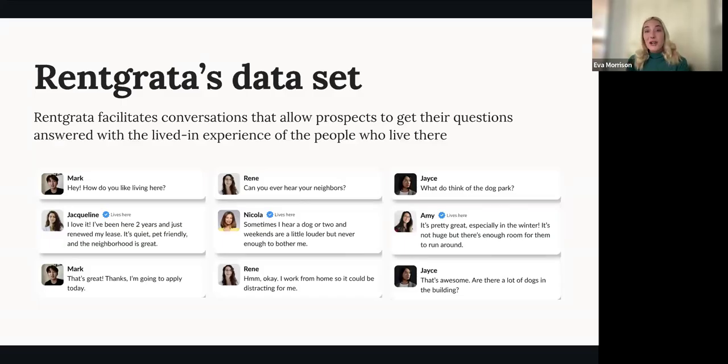And while we can't share the actual content of those conversations, we're not going to share those messages with you. We want that to remain anonymous. What we wanted to do was give you access to the insights that live in those thousands and thousands of messages between renters and prospects. What are the questions they're asking? What are renters saying about specific amenities or services? All of that data in there, those themes, we wanted to really easily allow property management companies to access and then act on that data.